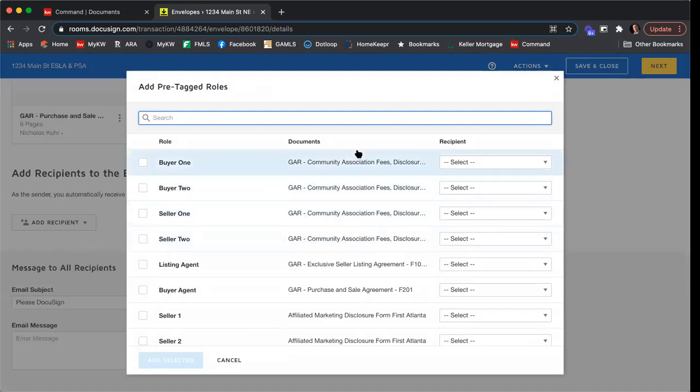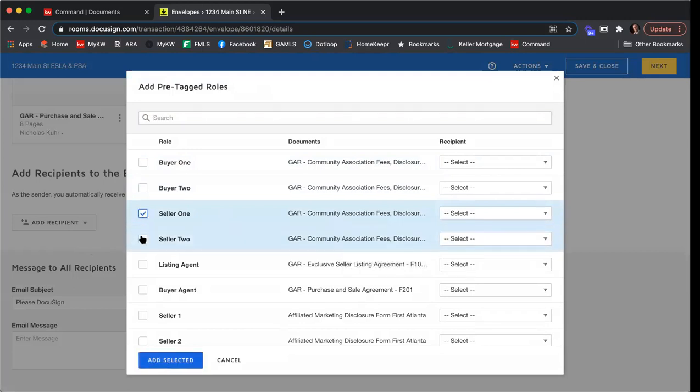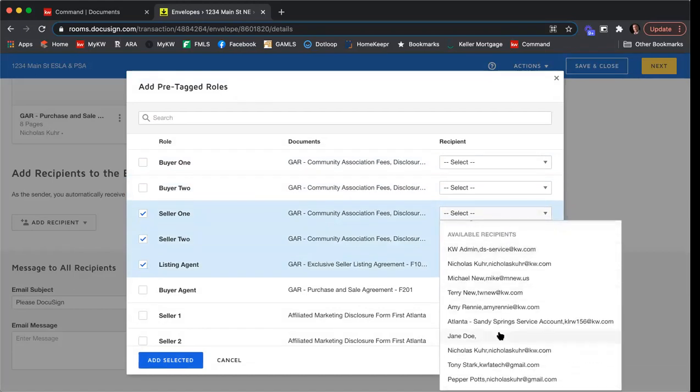And this pop-up window is going to show all the different roles that are included on these documents. So I'm going to select seller 1, seller 2, and listing agent. And then from the drop-down menu within each one, seller 1, I'm going to select my seller 1, so Tony